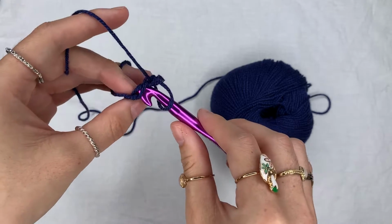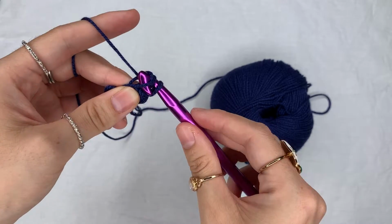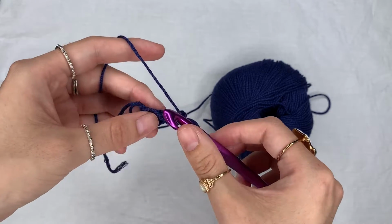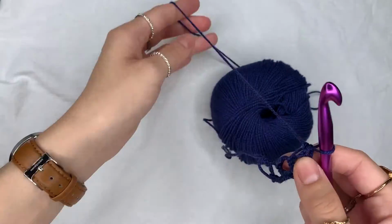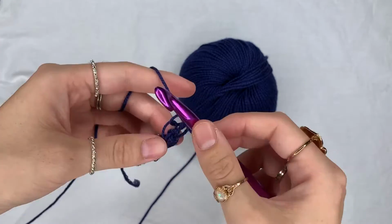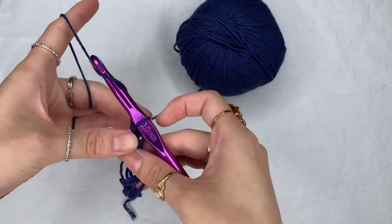Let me show you that again. You're going to insert into the space where you just chained 1, pull through, chain 1, and single crochet. So that's 2 stitches. You're going to keep going until you have 10. Once you finish your foundation chain of 10 stitches, you're going to chain 4